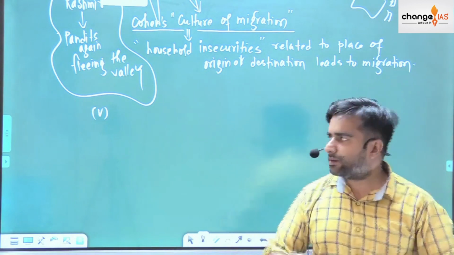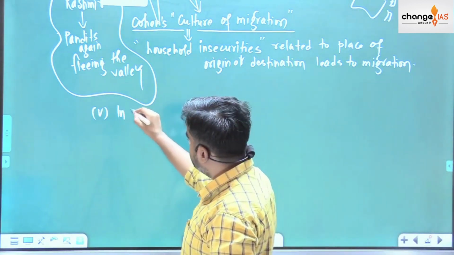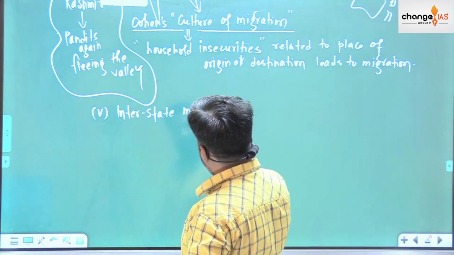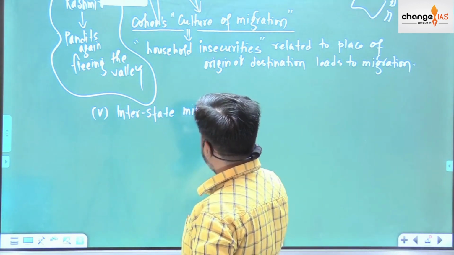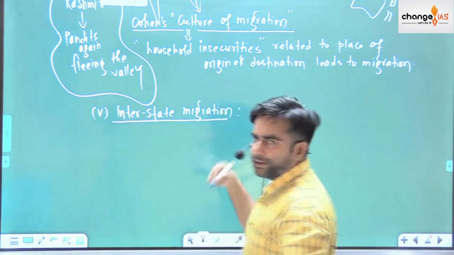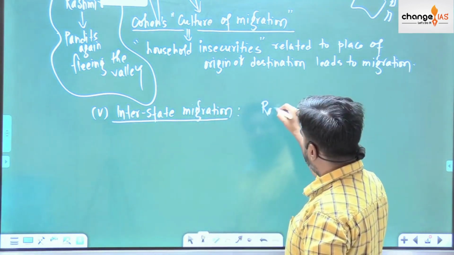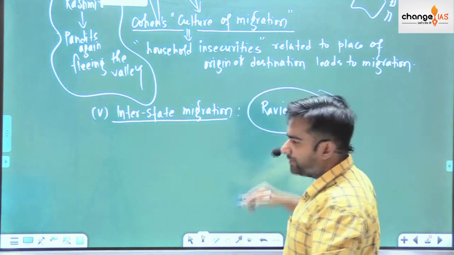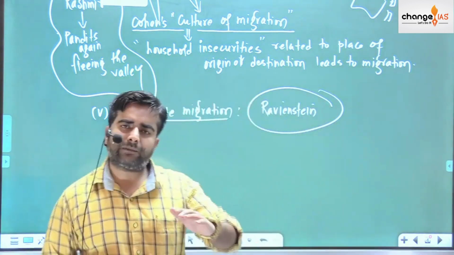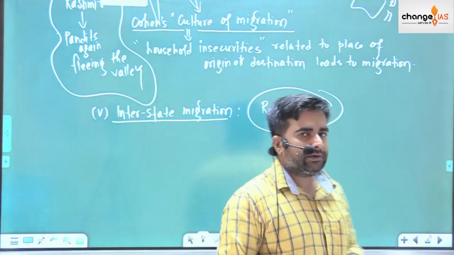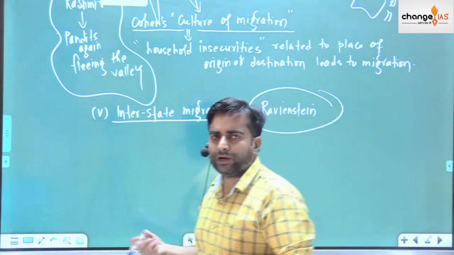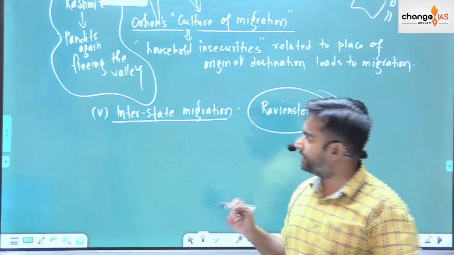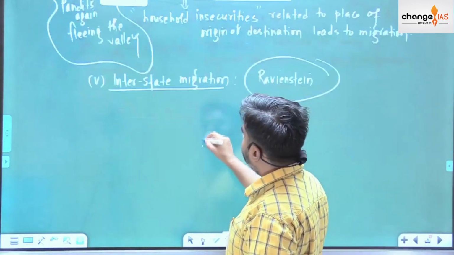So maybe you can talk about some of the regular trends that you are seeing, interstate migration related trends. Okay, marriages still hold their ground, so maybe you can talk about how Ravenstein explained some of these. Okay, so that is a regular choice that every student will be writing, everybody apart from you is also writing. Even any of the people who are writing about migration will definitely talk about these points. So you will give these regular points here, and then you know that there are a lot of trends that cannot